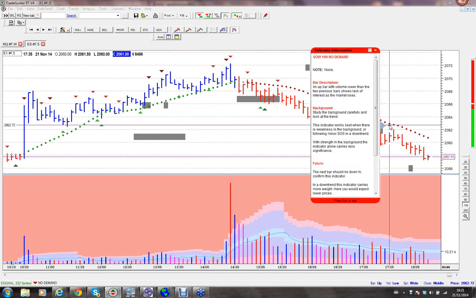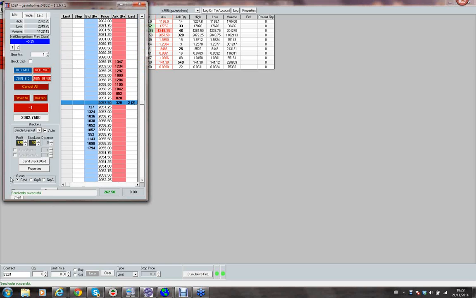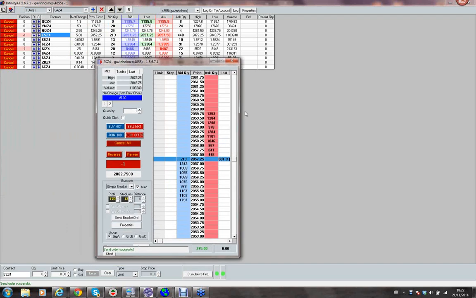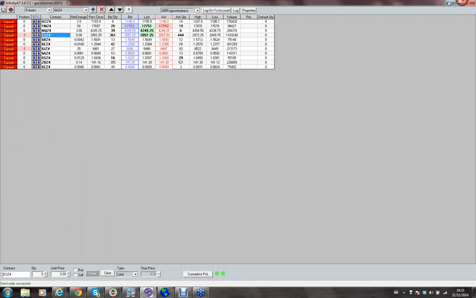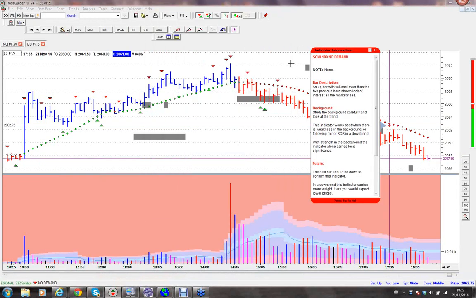Right, and I'll play the alert to you actually, so you can see this. So where did I get in? Well, you can see on the trading dome here, on the ladder. If I auto center it, it was way further up. It was about 2064, I think, or 2065. The reason I didn't get in any earlier, and I should have, but I was traveling. I was traveling to Tom's. Okay, so that's the reason I didn't get in earlier.